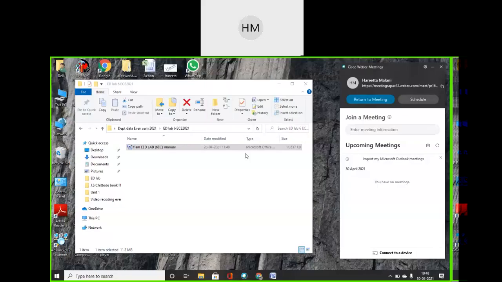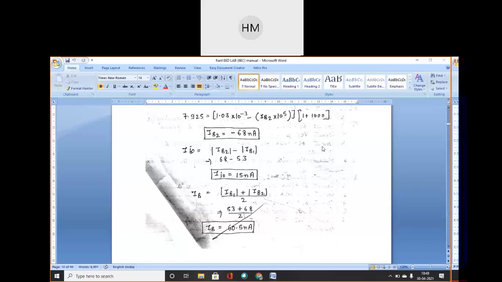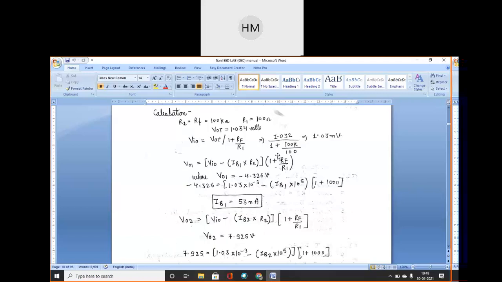Okay. Now I am starting sharing my screen and we will complete our ED lab second experiment today. And see students, there is some confusion. I have uploaded a few questions on Google Classroom, just for reference. Don't write those questions. I have prepared a separate sheet, but that sheet is on my computer in the college. I have updated that pre-lab sheet, but not uploaded it. Due to lockdown, I do not have that sheet with me. Okay, students?